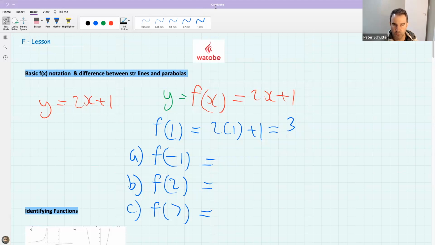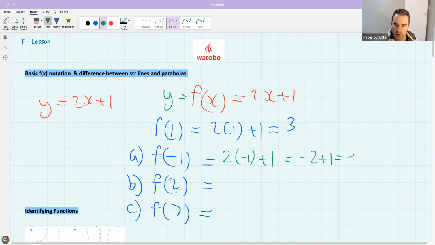What does it mean when I ask you for the f of minus 1? If we look at the function f is here and the method we used over here. So we put a 2 and then a minus 1 there, and then that becomes minus 2 plus 1, which is minus 1. Yeah. So for a, f of minus 1, or the value of the function f, when